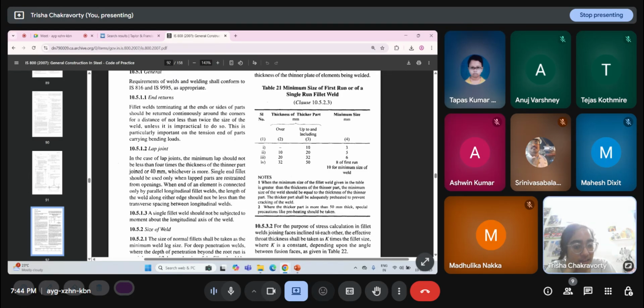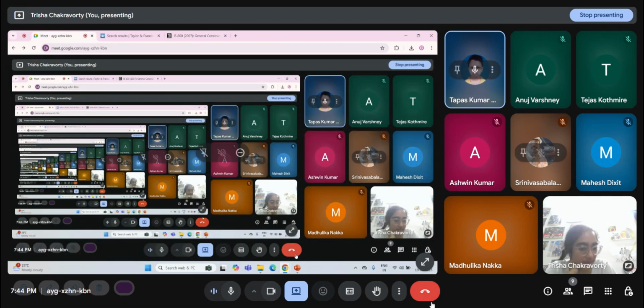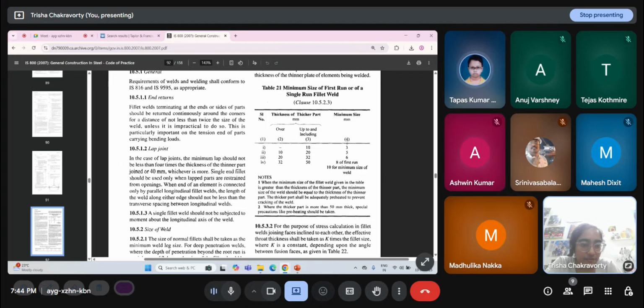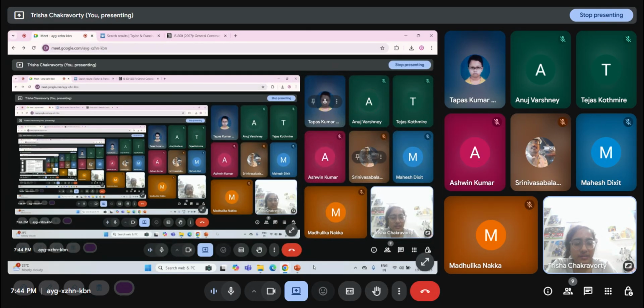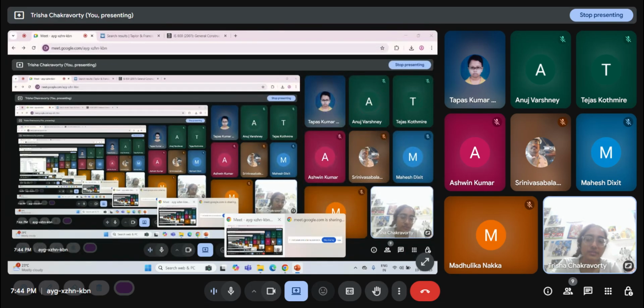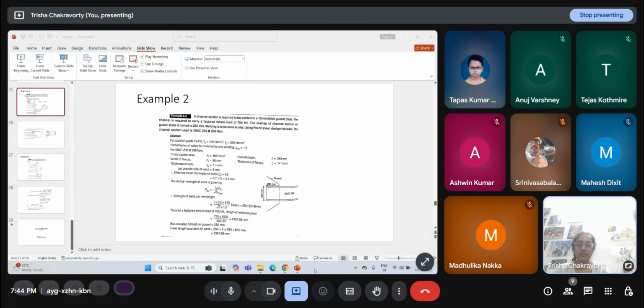So this is the minimum size, and for that reason the size of the weld has been taken here as 5 mm. But while that is a minimum dimension, even if you took 6 mm or 7 mm, it would be fine. The minimum provision has to be maintained, but after that you could assume anything. It is fine to assume the minimum one, try, see if it is enough, and then ramp it up. Thank you for pointing that out. I had forgotten about this table, but yes, it is important here.